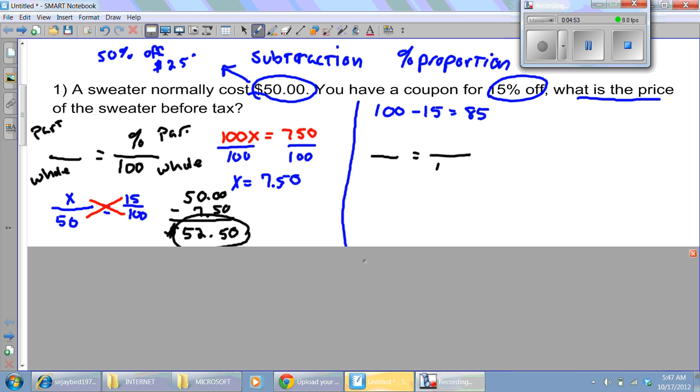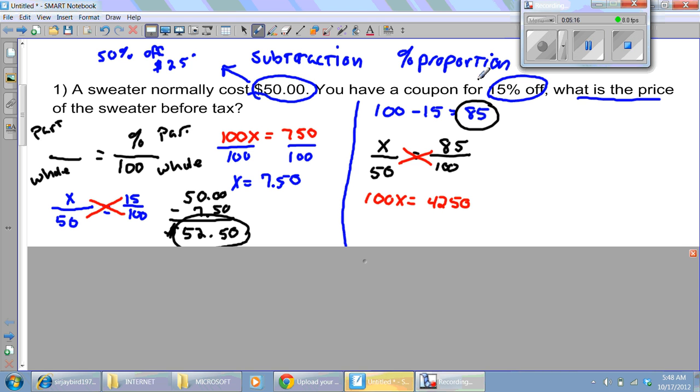Still going to have 100 here. Only now I'm dealing with an 85%, so I'm going to put an 85 here. The full price of the sweater is still $50. And then I don't know the discounted price. Still going to cross multiply. I'm going to get 100x, and that's going to equal